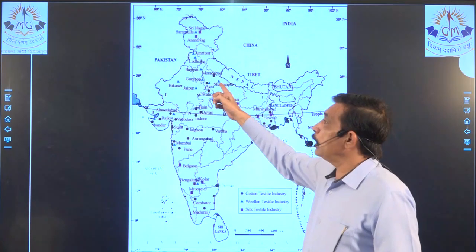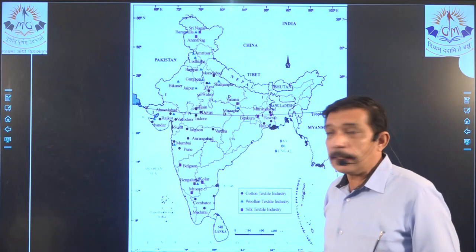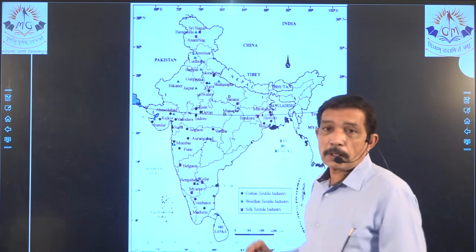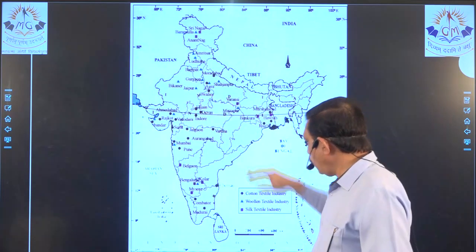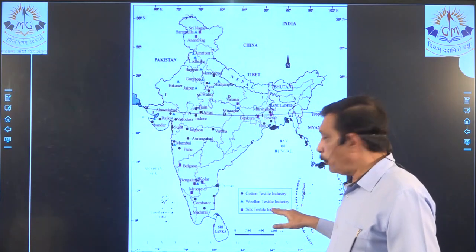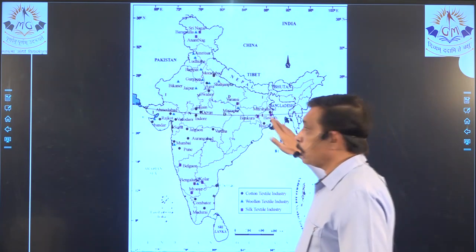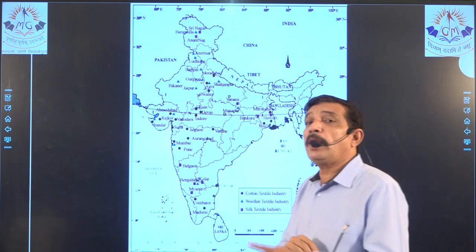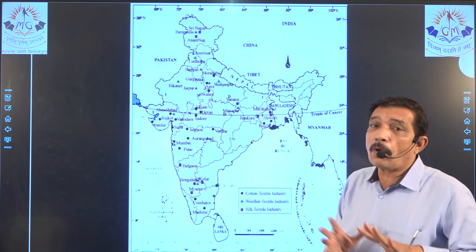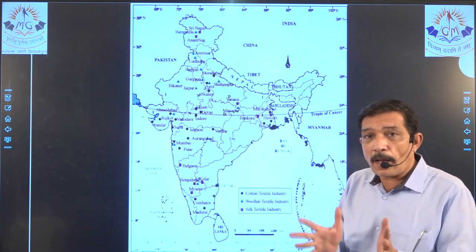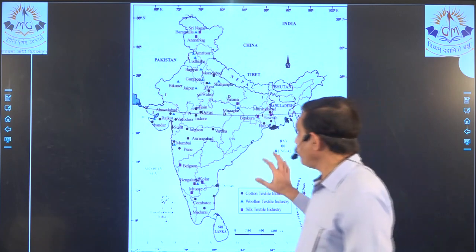For wheat in UP, you have marked over there with cross lines, right? Vertical slanting lines. Then you make a circle over there and darken that circle, and then you have written Agra over there. And in the legend you have made cotton textile industry. Now the quadrilateral is also passing over here. So please do not make your map dirty, right? Try to find another place, or you organize your map beforehand so that things don't overlap each other, right?